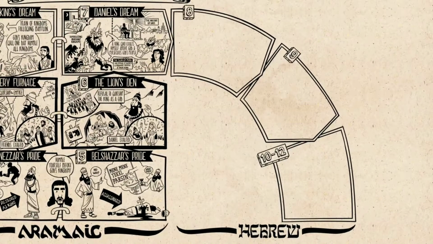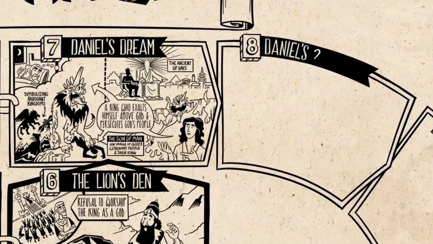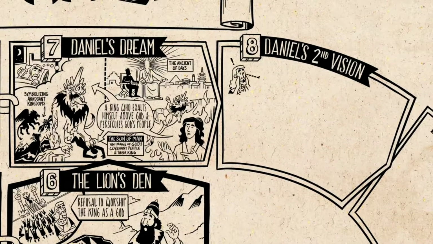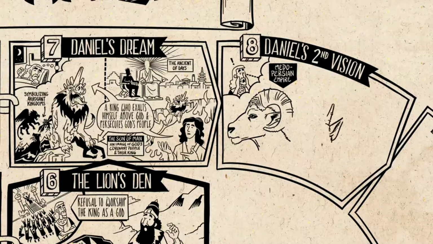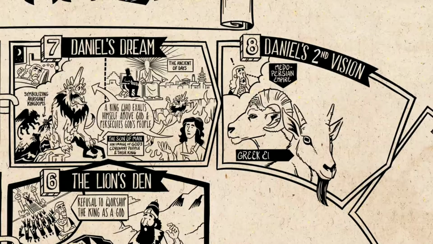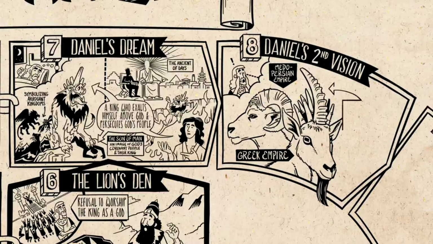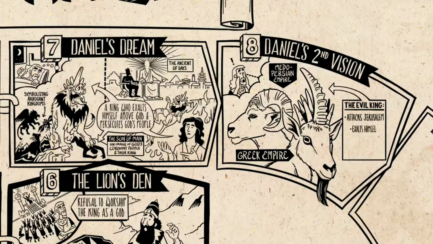set out to explore. In chapter 8, Daniel has another vision about the final two beasts of chapter 7, but this time they're symbolized by a ram, who we're told is the image of the empire of the Medes and Persians, and then by a goat, who's an image of ancient Greece. And out of the goat come a whole bunch of horns, one of which symbolizes the evil king from chapter 7. And we're told more about him, that he will attack Jerusalem and exalt himself above God and defile the temple with idols. However, in the end, he will be destroyed by God, who will exalt his people and his